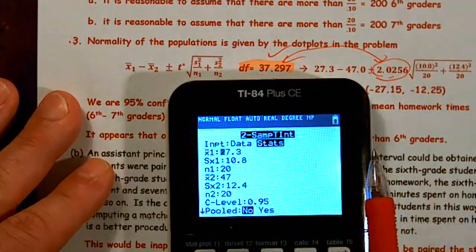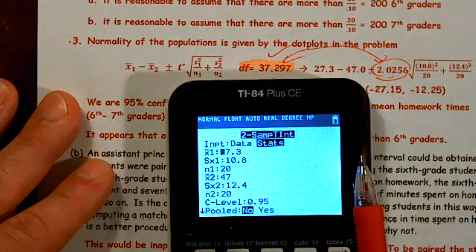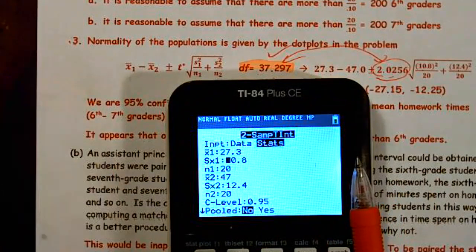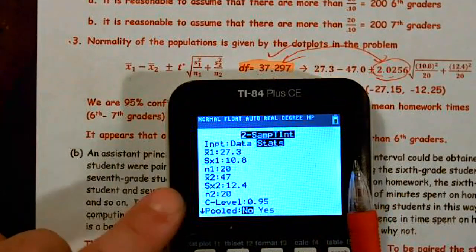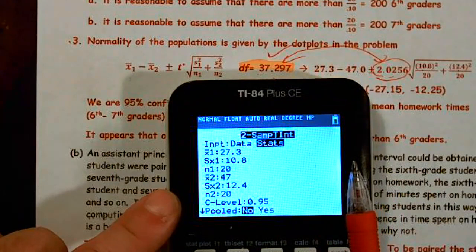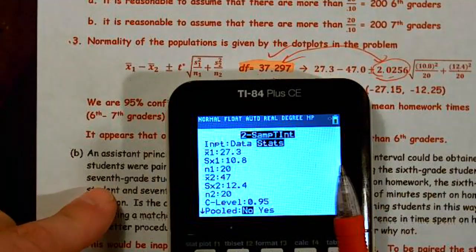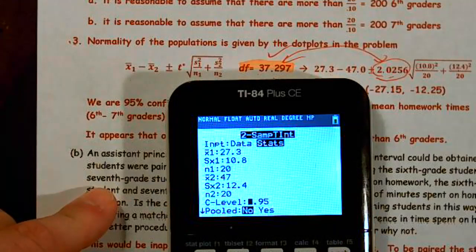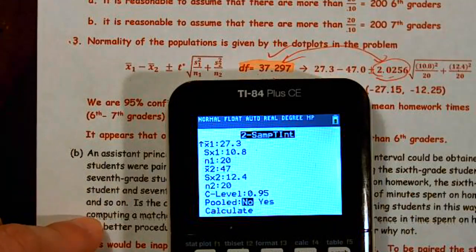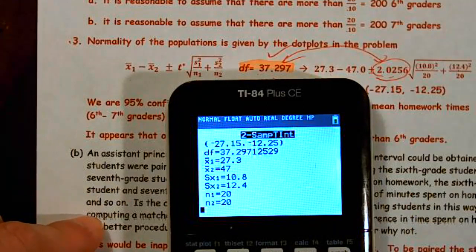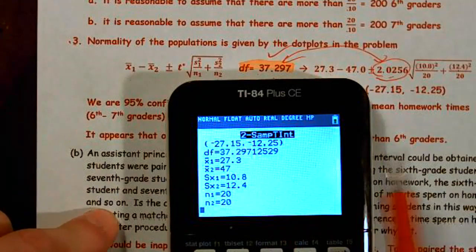6th graders had 27.3 average. They had a 10.8 for their standard deviation, sample size of 20, whereas 7th graders was 47, standard deviation of 12.4, and a sample size of 10, confidence level of 0.95. And when we are working with means, we never pool. All right? So when I do that, I get my interval, and I'm going to go ahead and write that